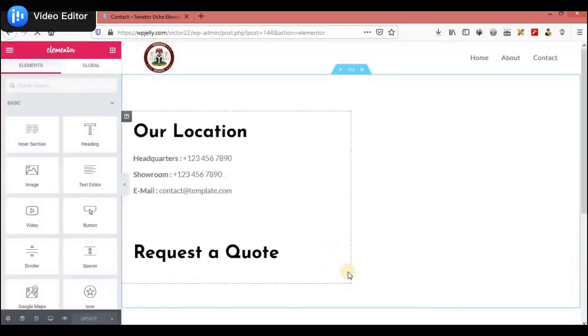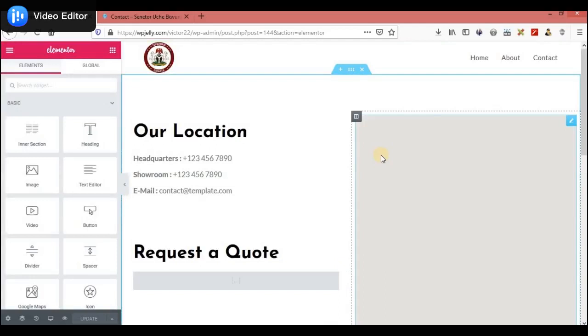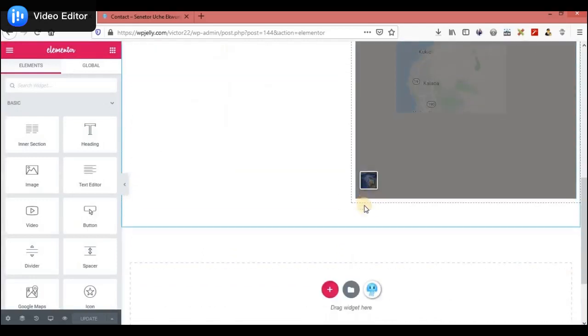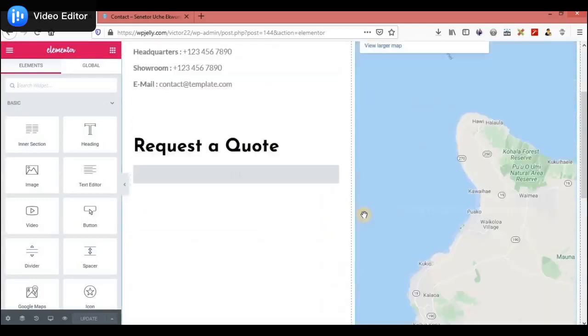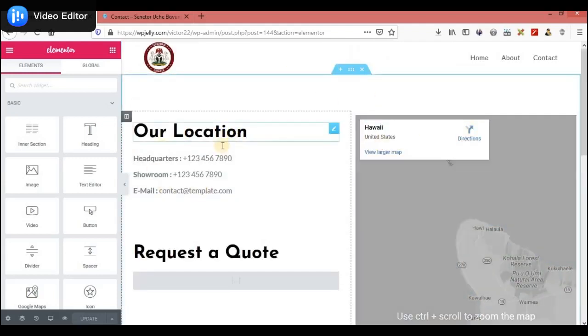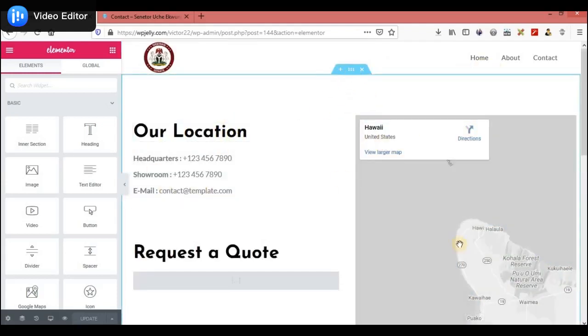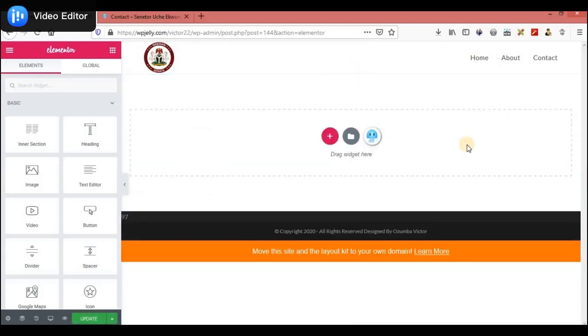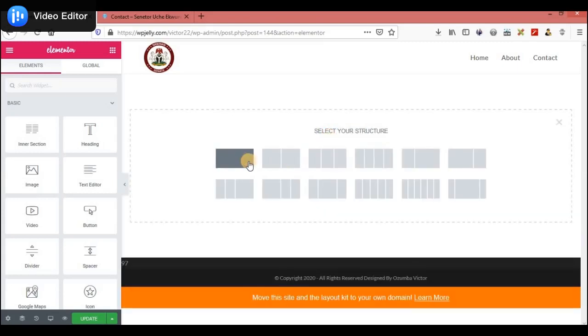Okay, now actually I don't like this contact page. So to also teach us how to use the Elementor plugin more, we could just design this from scratch. So I have to get rid of this. I don't like this. So the page is totally empty now, so we're building it from scratch. So what I could do is add a single section,